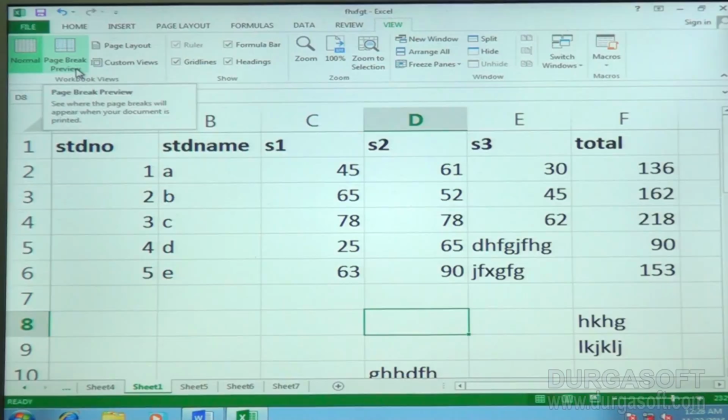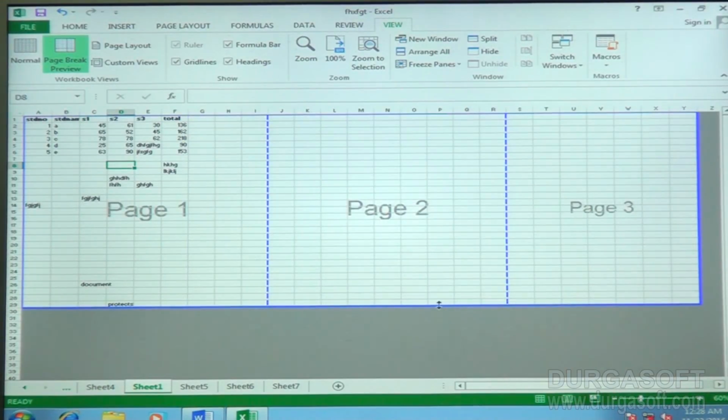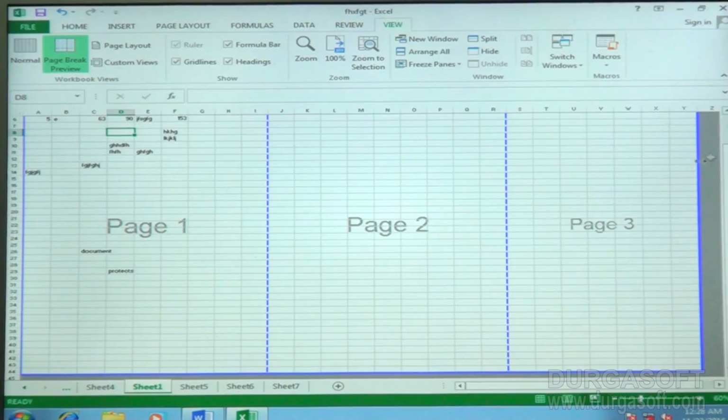Page break preview. If you want to show page break preview, at the bottom status bar we have the options here: page break preview, page layout and normal. These three options we can see in the view menu bar also. So now if you want to view your page in page break preview, just select page break preview here. Here we have different types of pages, on the row side, I mean height or else width. If you want, we can select page 1, page 2 and page